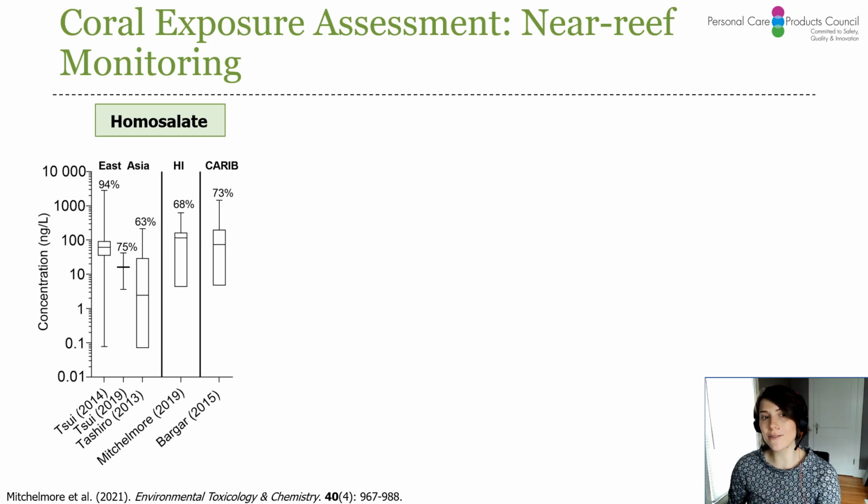Okay, so next we have data for homosalate, and we have data from each of the 3 regions for it, but again, I'm going to focus first on Hawaii. So there's a 68% detection frequency from that Mitchell-Moore et al. study, so a little less than oxybenzone, but pretty regularly detected. What's also interesting is the level at which it's been detected. So instead of that median value or the midline in the box falling between 10 and 100, it seems to be just a little bit higher than 100, which would indicate that homosalate concentrations seem to be a little bit